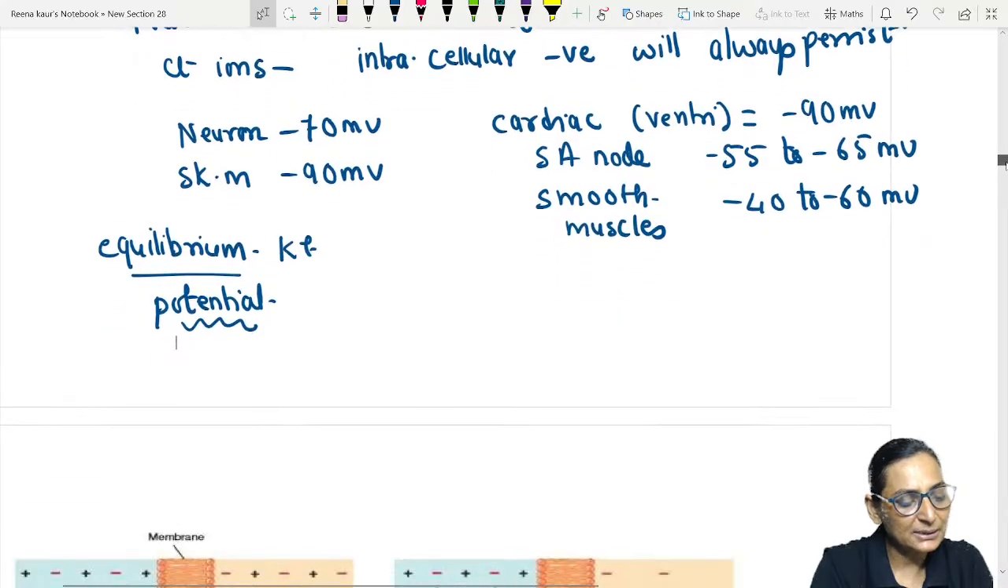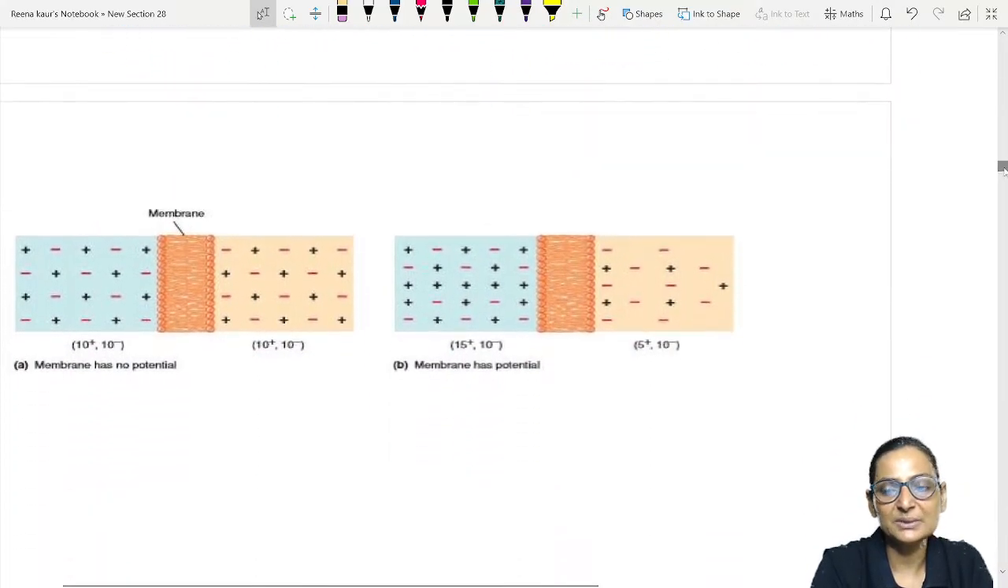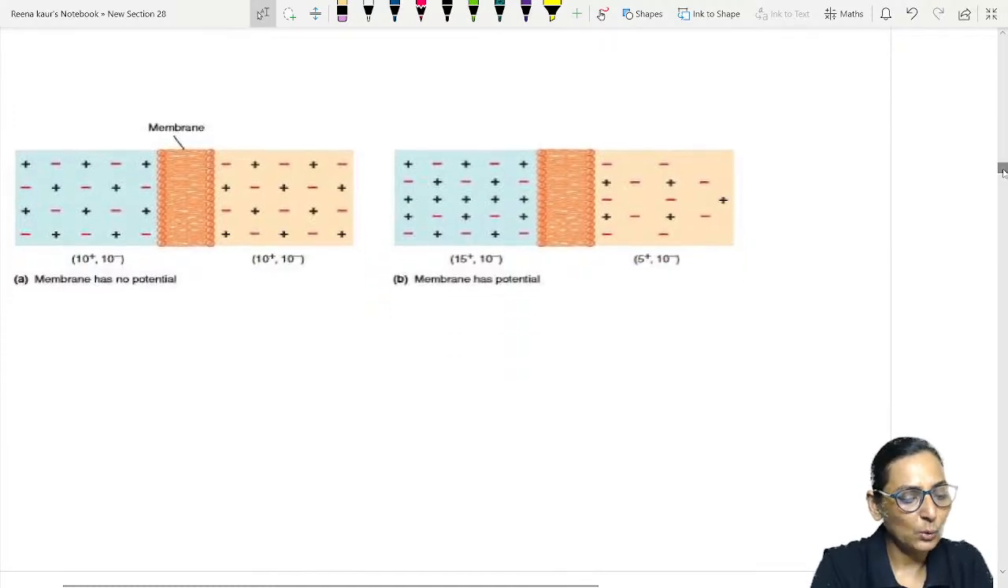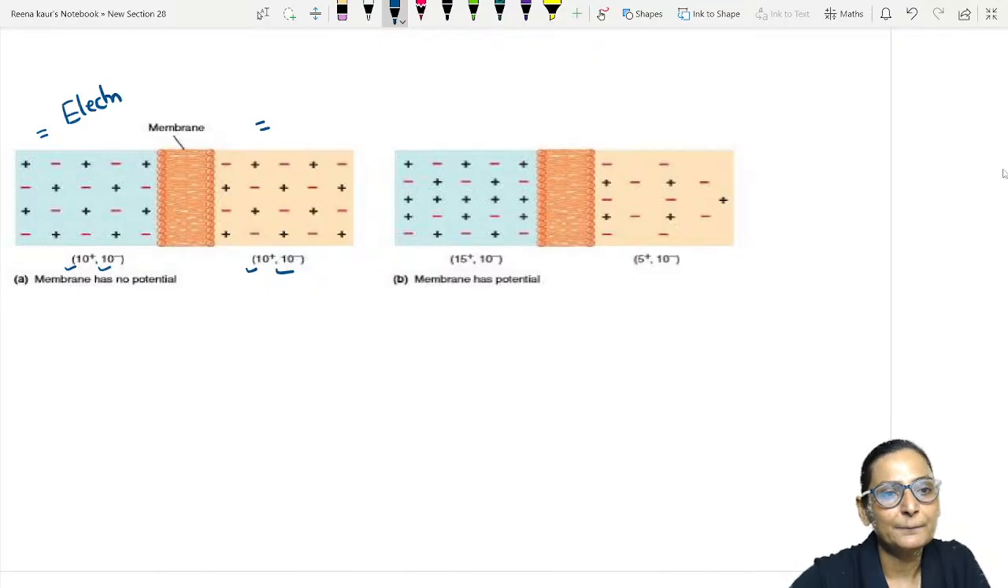Now, what is Nernst potential? We will see. Now see over here. We will elaborate the concept of resting membrane potential a little more. You can see that there are equal numbers of ions over here: 10 positive, 10 negative, 10 positive, 10 negative. So when the membrane has an equal number of cations and anions, that means the solution is electrically neutral,